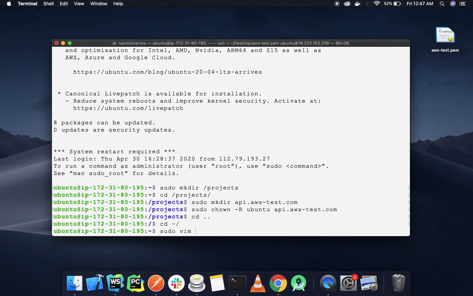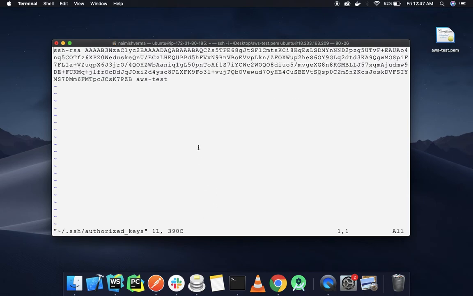Sudo vim .ssh/authorized_keys and just paste this SSH key which we have just copied here.